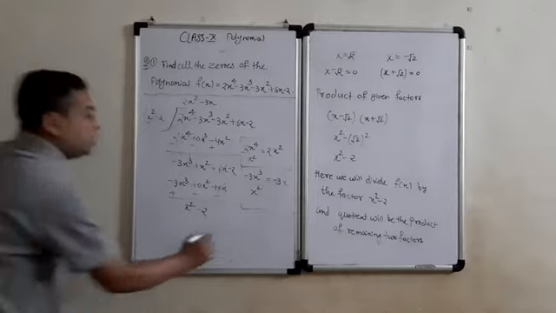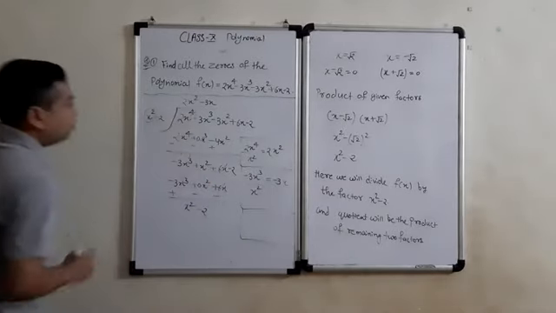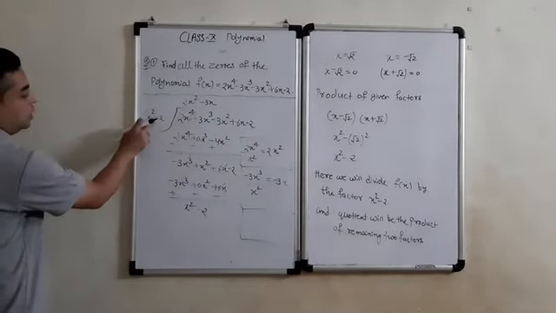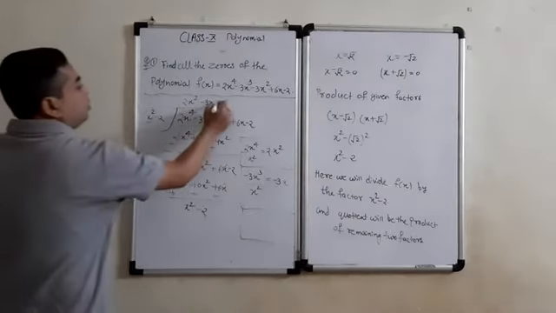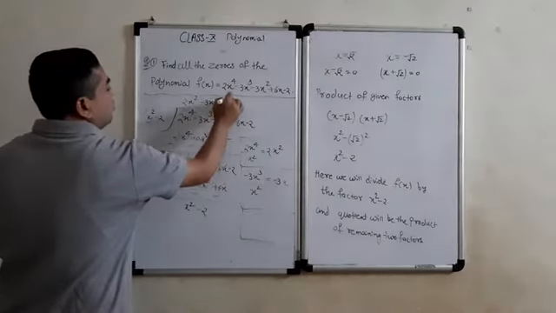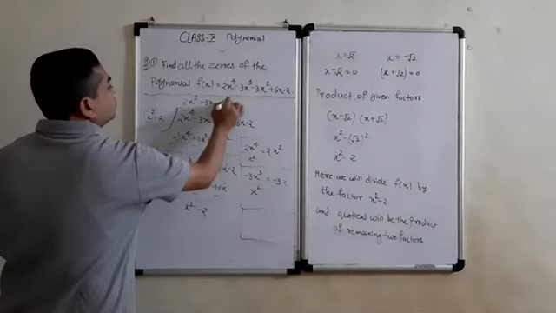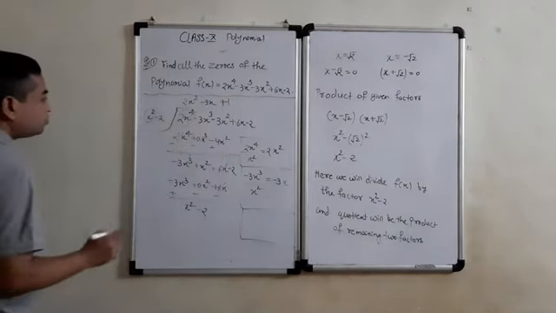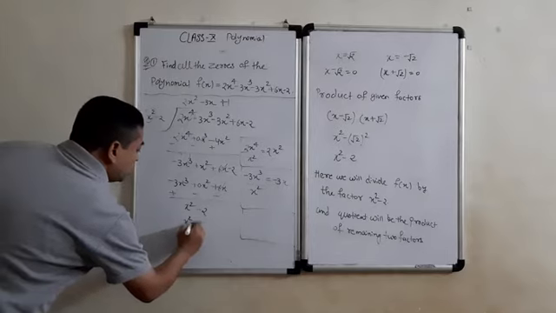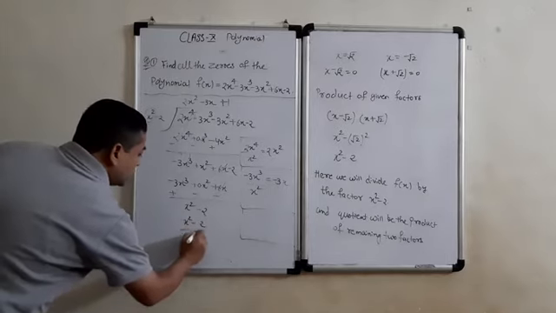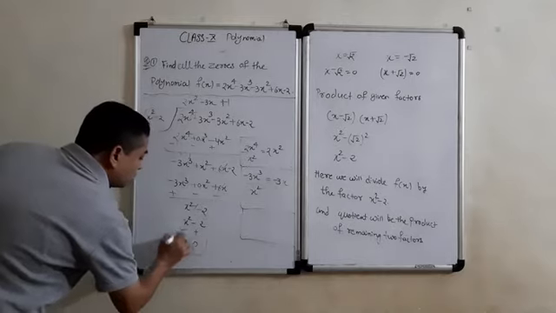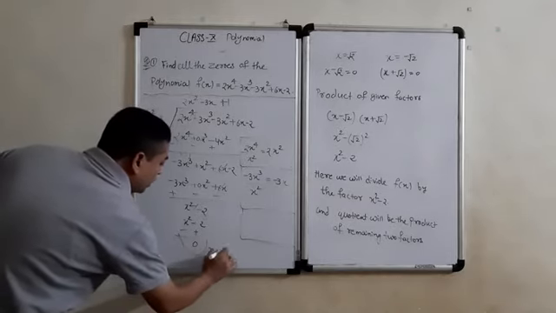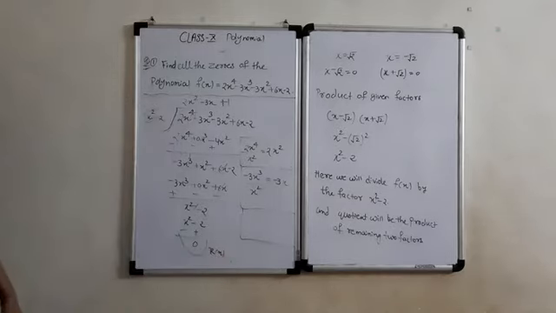Again we will do the same thing. How many times will it go? Here the divisor is x square minus 2, and the remainder is also x square minus 2. Surely it will go plus 1 time. So plus 1 we will write here, times x square minus 2. The sign will be changed, minus plus, and this will be cancelled out and you will get remainder 0.